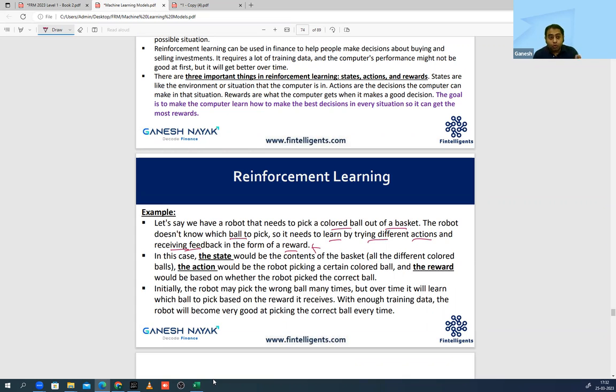Okay, so over here, what is the state? The content of the basket, that means the environment on which the model is actually learning. Basket के अंदर जो ball है वो आपका state है, मैं book से connect कर रहा हूँ. Okay, what is the action that he is doing? Action which is the step that the model is doing. वो pick up कर रहा है एक ball. That is the action he is taking. Whether that action is going to be correct or wrong. अगर correct है तो he'll get a reward. Wrong है, he'll get a penalty. Okay, so the reward is going to be whether the robot has picked the correct ball or not.